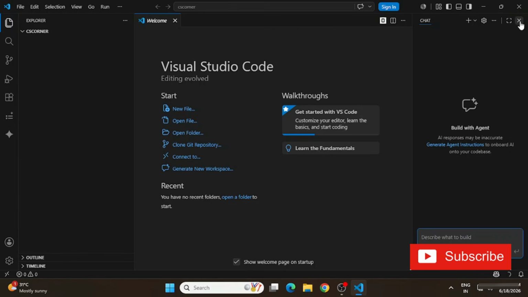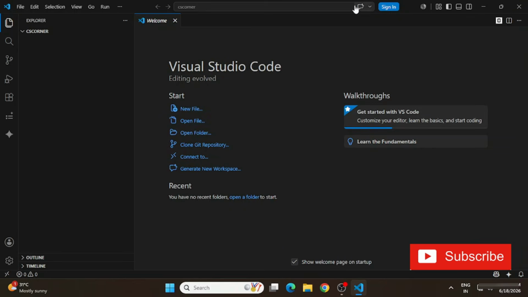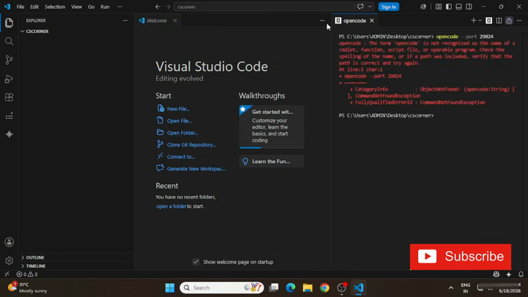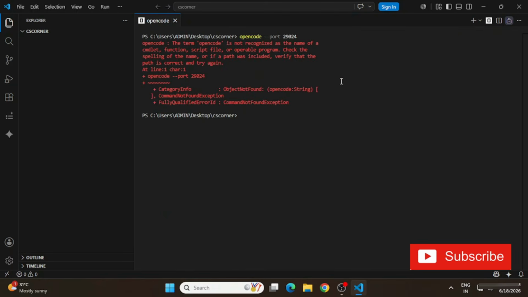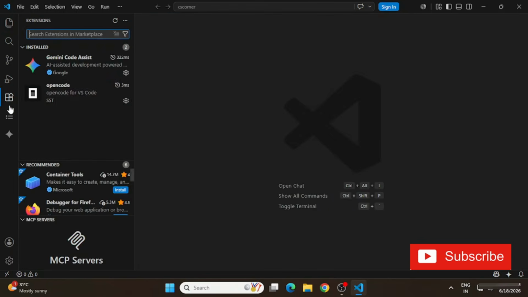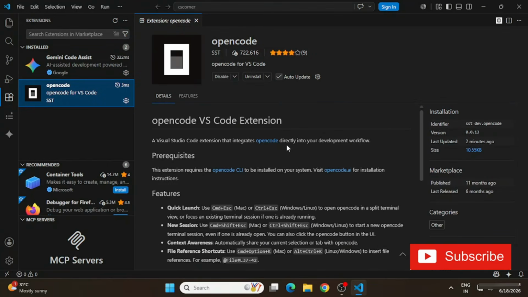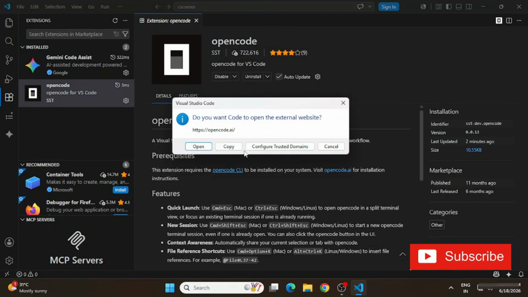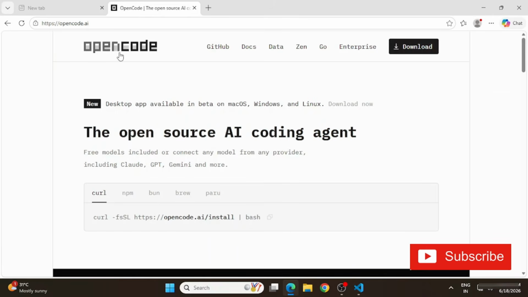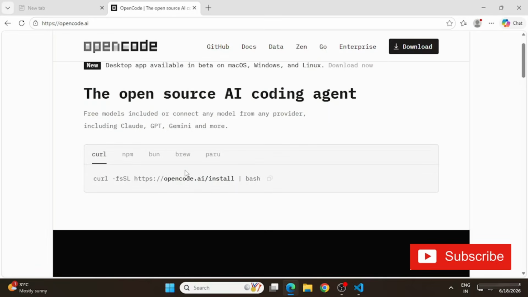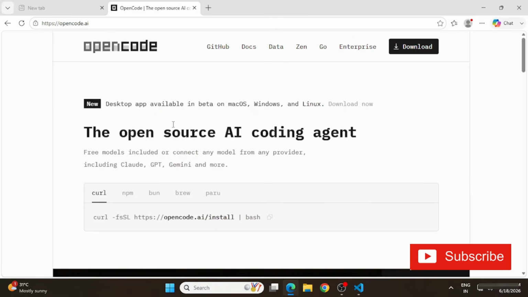Now after that, I'm clicking on this OpenCode icon. Here I'm getting this error. Why this error? Because we need to install OpenCode through a terminal. So here I'm taking you again to the extension, and in the installation instructions you can see they have given that you require OpenCode CLI also. So let's install OpenCode CLI. For that, I'm going to simply click on this link.